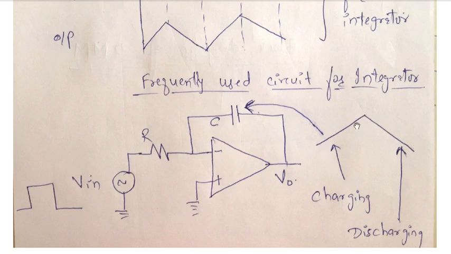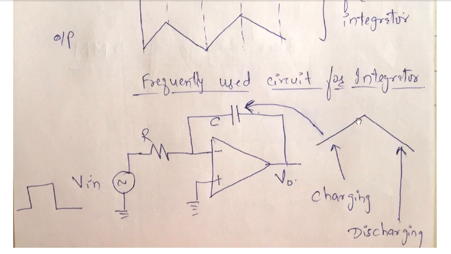So let me not actually go into how exactly this works, but let me tell you that the waveform which you get at the output over here is majorly because of the charging and the discharging of this capacitor which is present in the feedback path. So it is as good as that if this capacitor finds a path for charging, the voltage across the capacitor starts increasing, which means the output voltage also starts increasing. Hence you get this kind of an ascending slope.